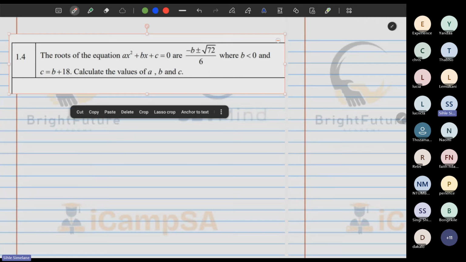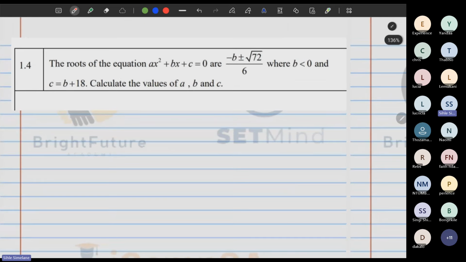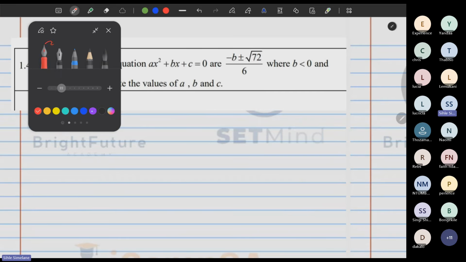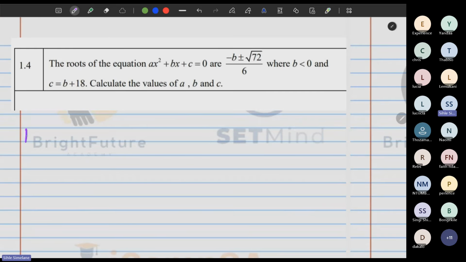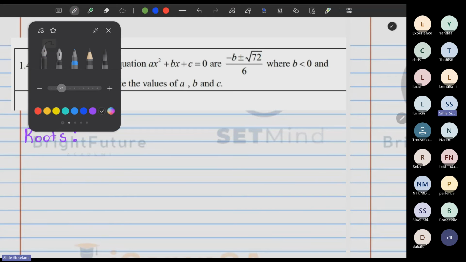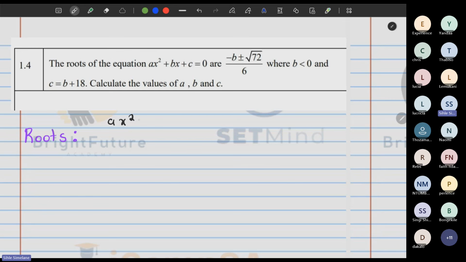So let's have a look at this question, guys. The question reads, the roots of an equation ax squared plus bx plus c equals 0 are given, where b is less than 0 and c is b plus 18. Then we need to calculate the value of a, b, and c. So let's see what is happening here. They gave us the roots. What I need you to remember is that the roots of ax squared plus bx plus c equals 0 generally